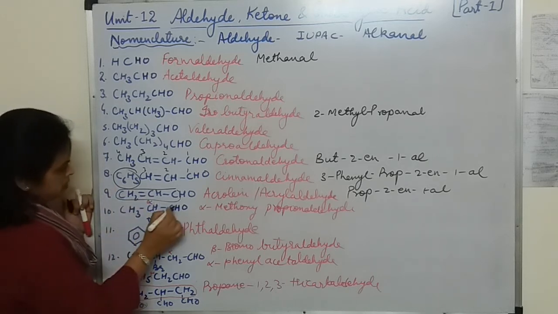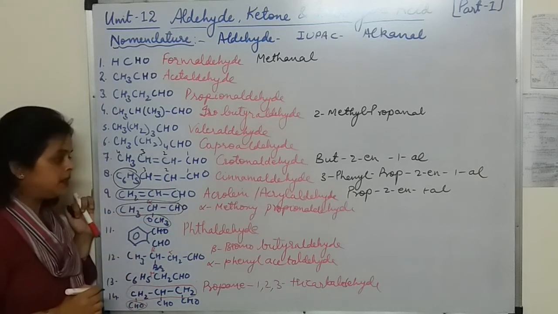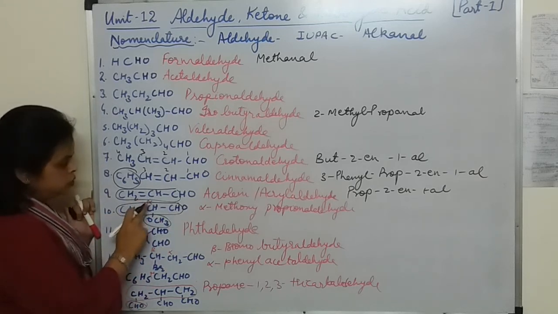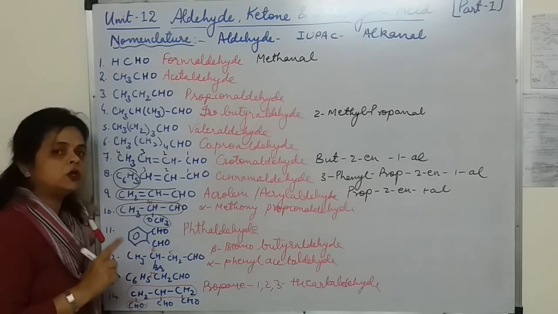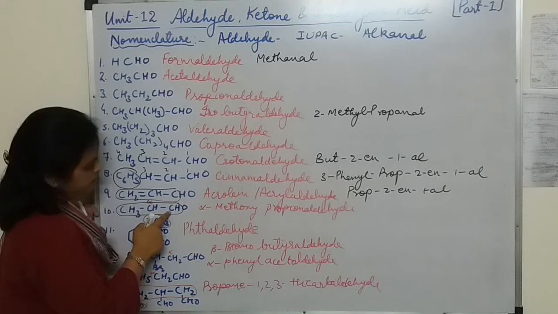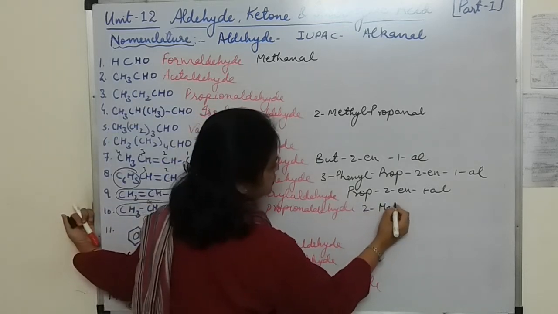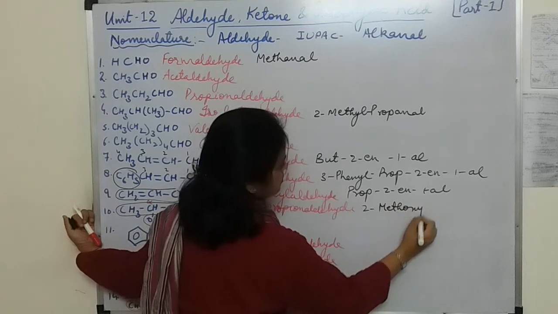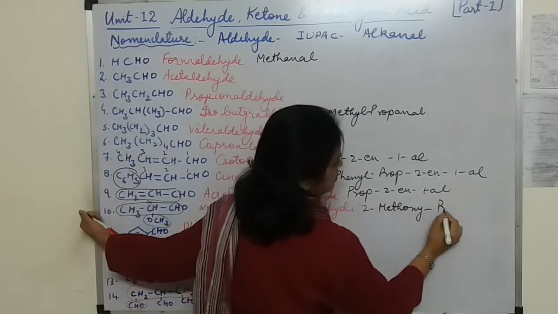Now for this, it is the chain, and this is the substituent. Its name is methoxy, so we will write 2-methoxy. The carbon of CHO is always included in the chain, so here it will be 1 and 2. So it will be 2-methoxy propane